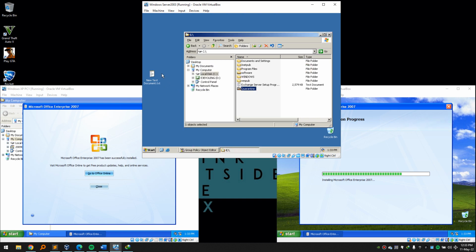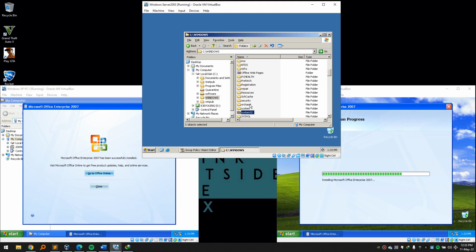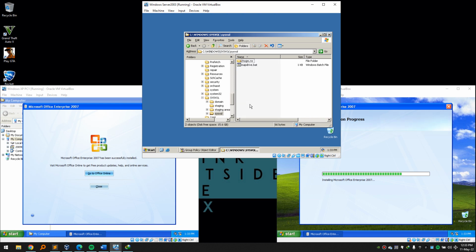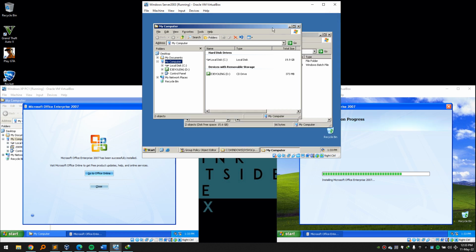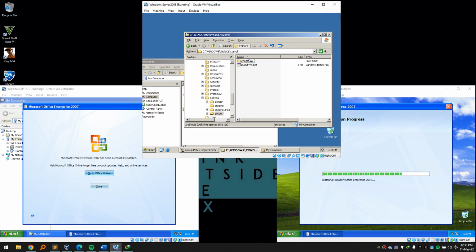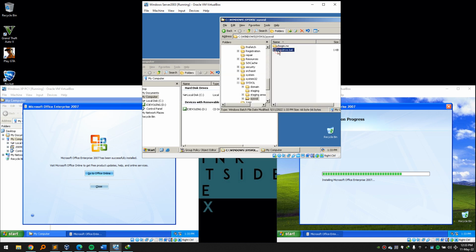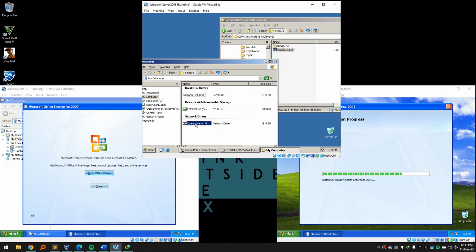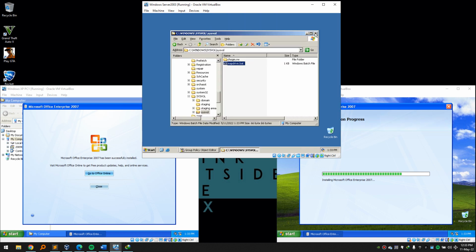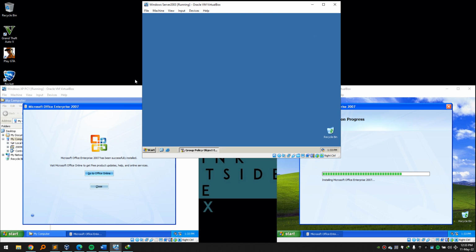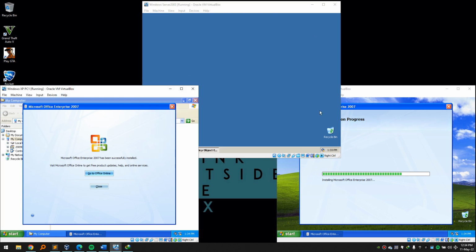So let's delete this one. So we are going where we have saved it. So map drive. If I double click on it, as you can see, the folder is shared across the network. So I'm going also to share it across the whole domain, so where you can access it on this PC